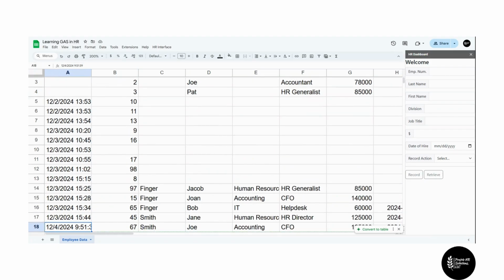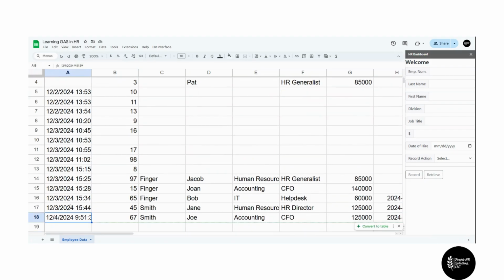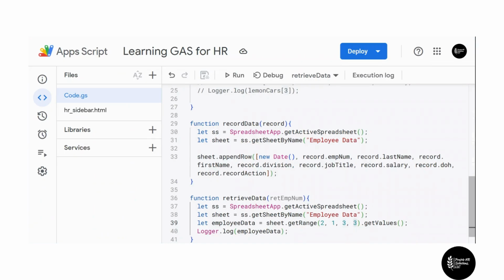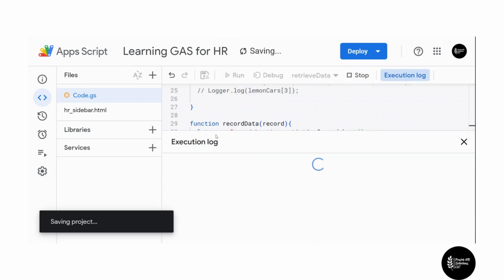2, 3, 4, 5, 6, 7, 8, 9, 10, 11, 12, 13, 14, 15, 16, 17. Now, remember, this is row 18, but the reason why we only have 17 is because we're not wanting to count this row up here, our title row. So instead, we want to start at row 2, column 1. We want to go down 17 rows and over 9 columns. Now, when we run this,